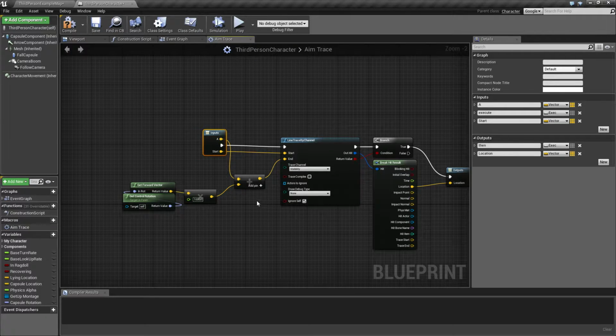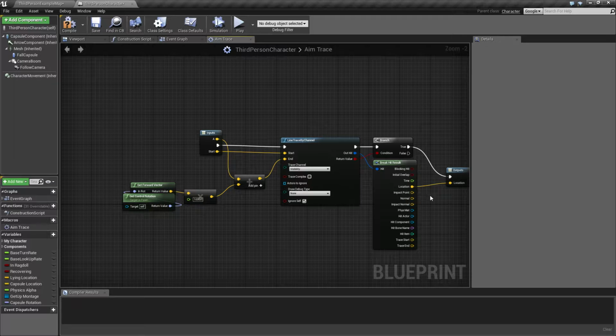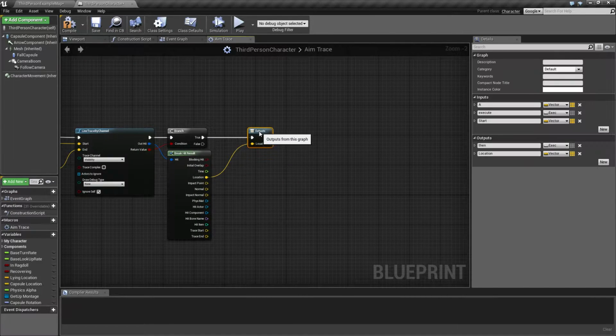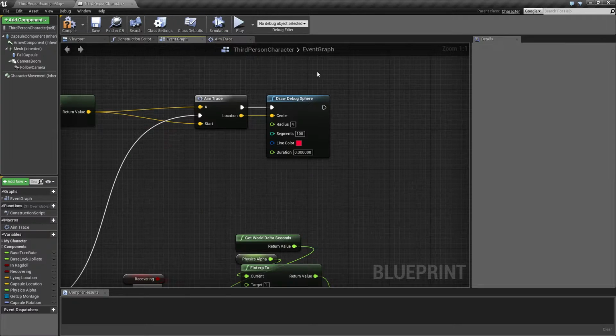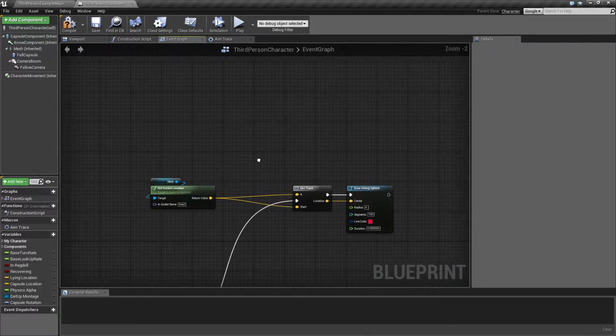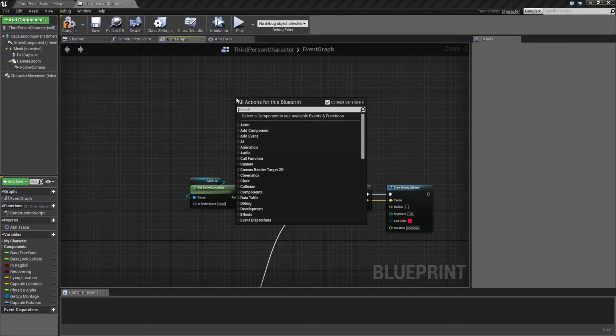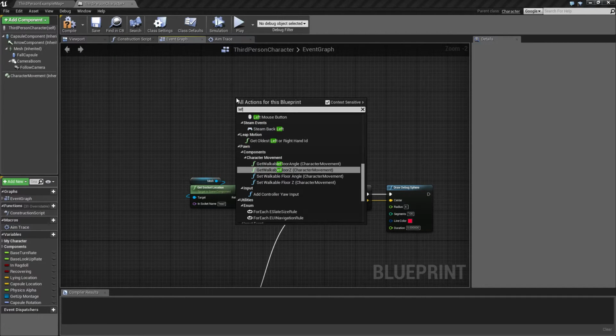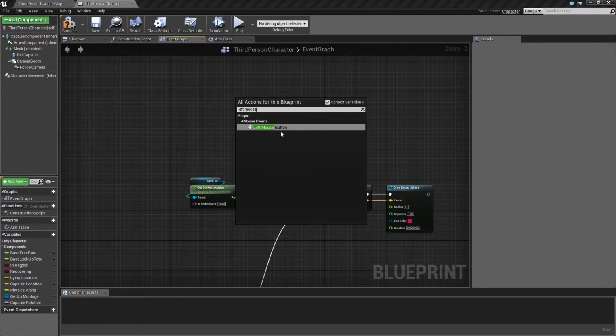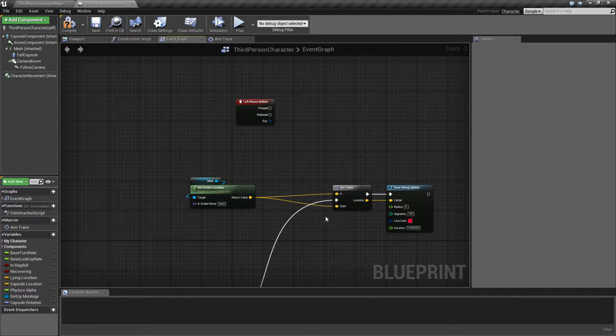I'm not going to bother changing these names, but it's probably a good idea to do it. We have a location coming out here. This is going to be okay for now. So when we press left mouse button, we're going to make that same trace, but instead of